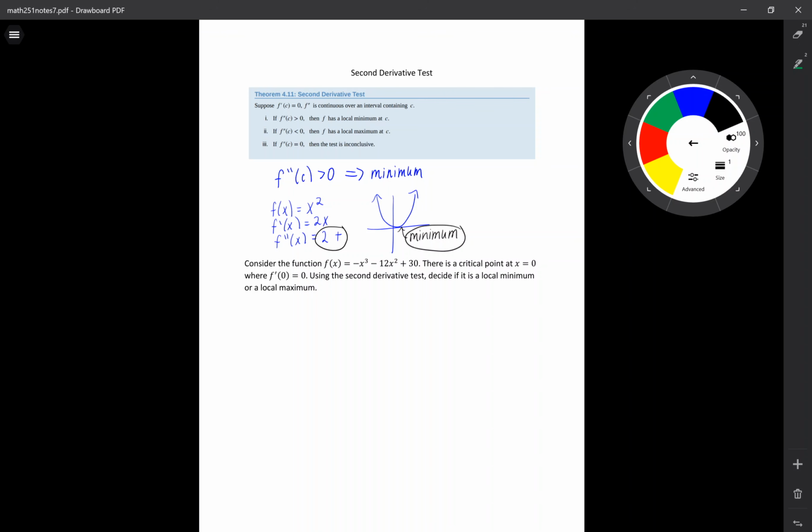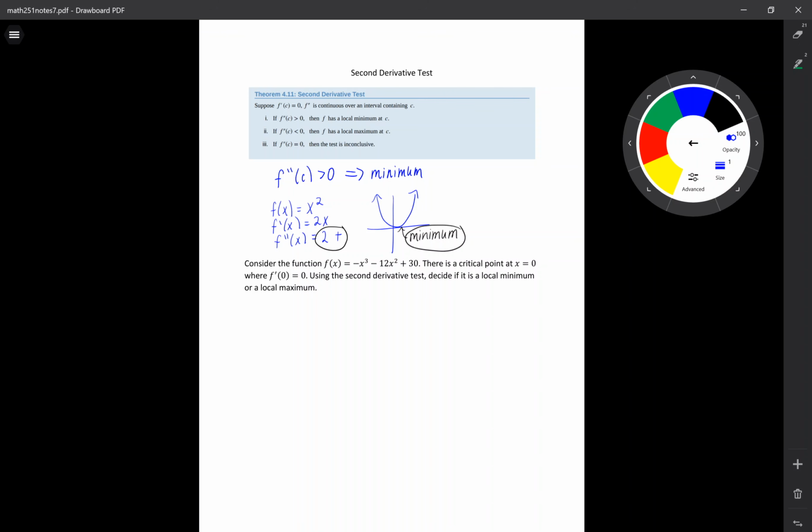So let's consider the function f of x equals negative x cubed minus 12x squared plus 30. There's a critical point at x equals 0, where f prime of 0 is equal to 0, and we want to use the second derivative test to decide if this critical point is a local maximum or a local minimum. So lucky for us, we already have our critical point. I just need to find the second derivative and then plug in this point